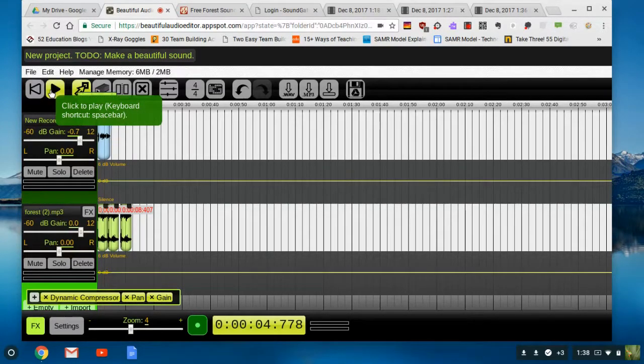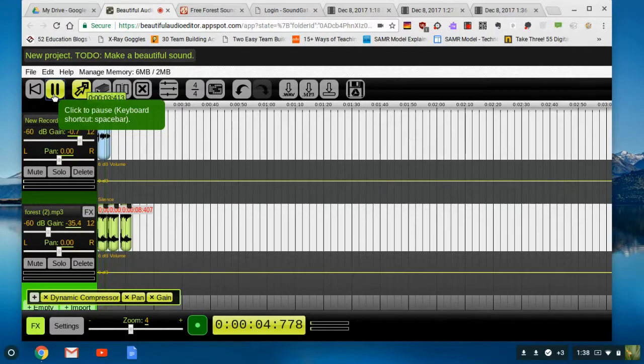This will sound a little bit funny since it's a recording of a recording, but just listen to how loud it is. So my sound effects were so loud I couldn't even hear myself talking up here. So that's why you're going to want to make this a lot quieter so you can hear.